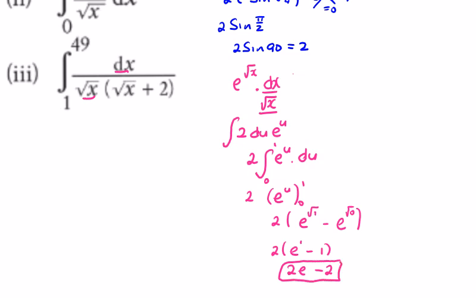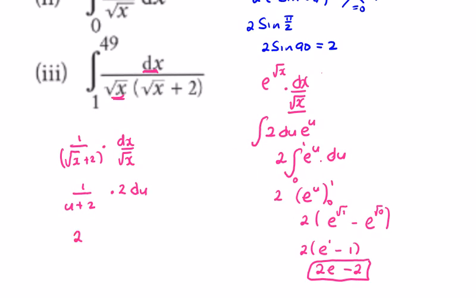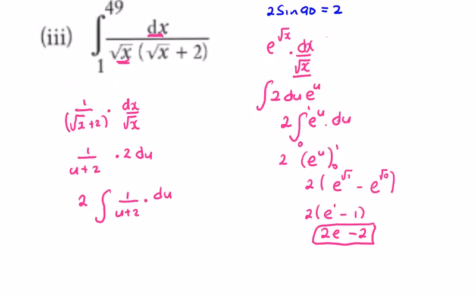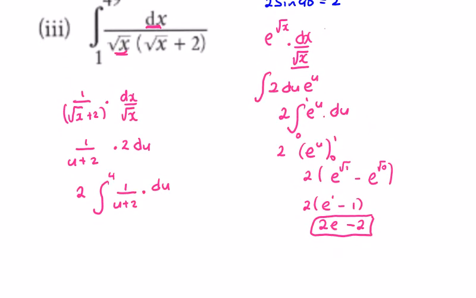And then the third one, we have our dx over root x. So we have 1 over the square root of x plus 2 times dx over root x. This is 2 du. And if u is root x, this one is 1 over u plus 2. If we tidy this up, we'll have twice the integral of 1 over u plus 2 du. So that's going to give natural logs between 49 and 1. So we're going to get twice